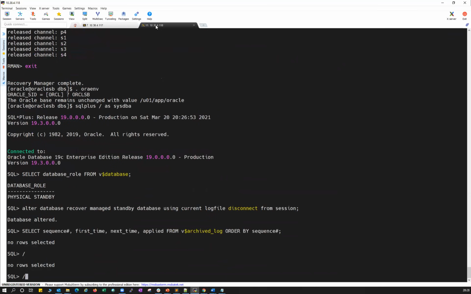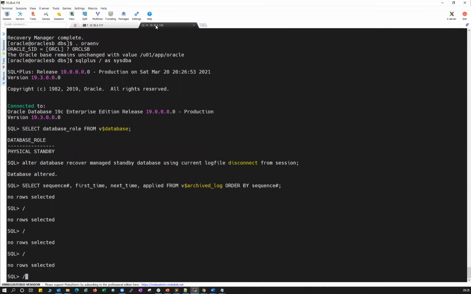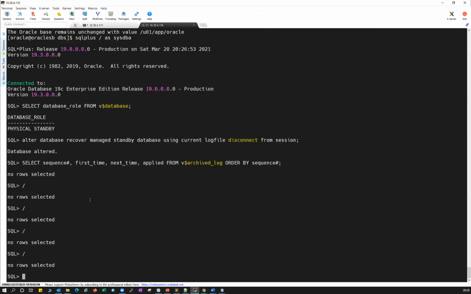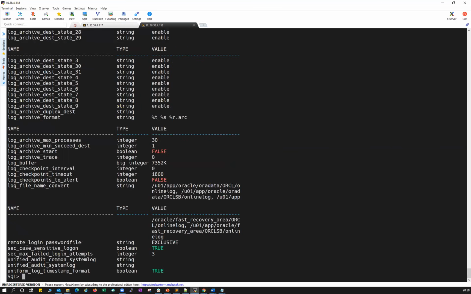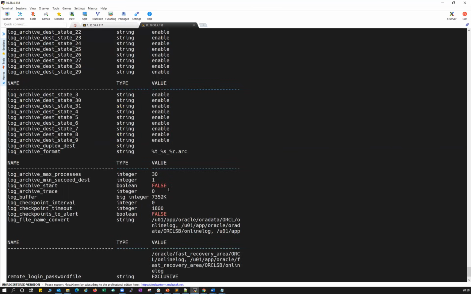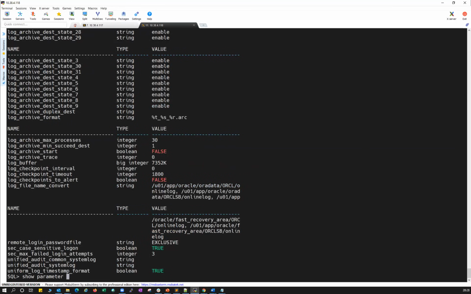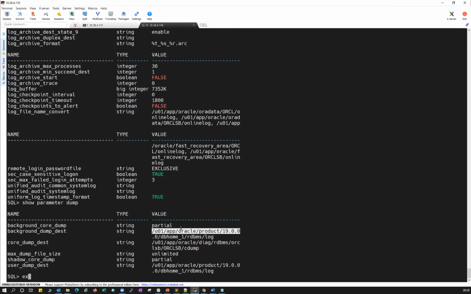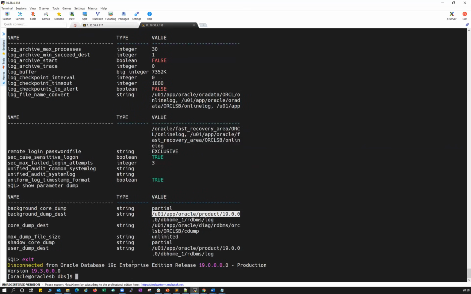If I run it one more time here, nothing. We'll check the log file to see what is happening. Show parameter log or trace, or show parameter trace or dump. You can get the trace file location.